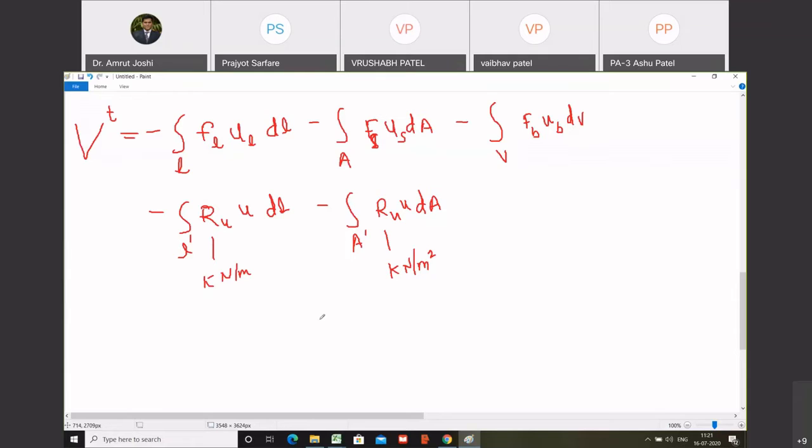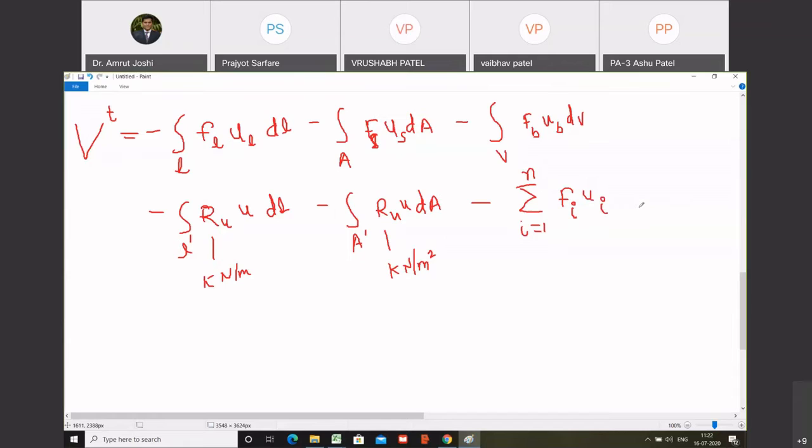One point we are missing here. Can't this body be subjected to point loads? Yes, it can be subjected to point loads. And let us say it is subjected to n point loads. So what is the potential energy associated with point loads? So summation of i equal to 1 to n, where n is the counter. There are n point loads on the body. Are you with me? Yes. It will be F_i u_i. There is no integration here. Do you understand this? Yes, sir.